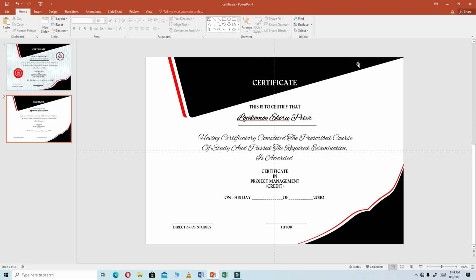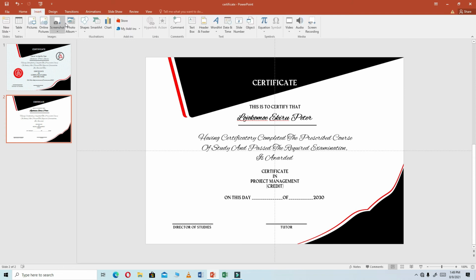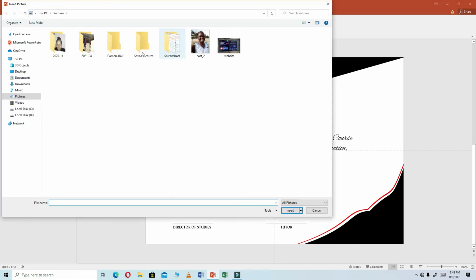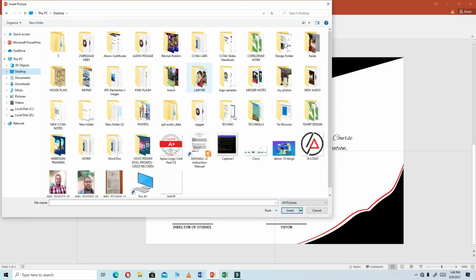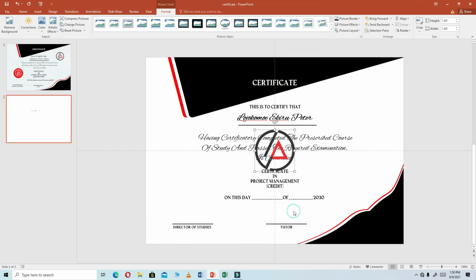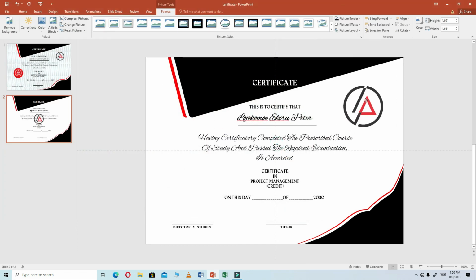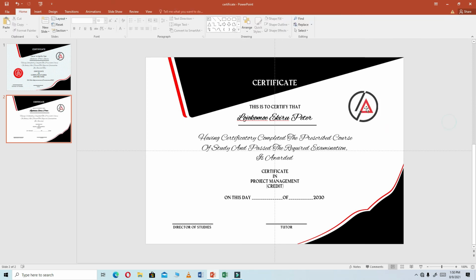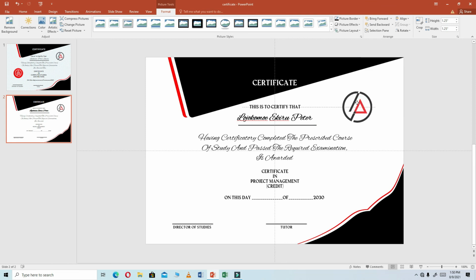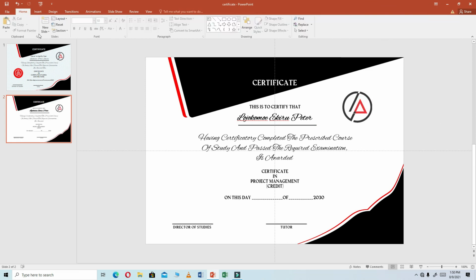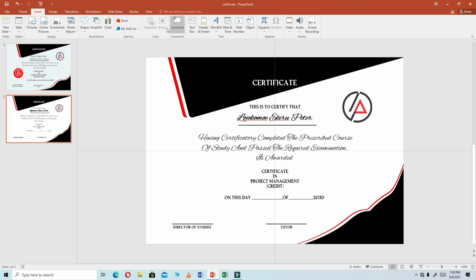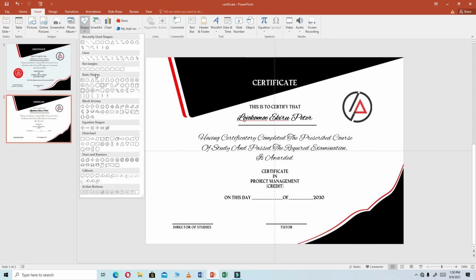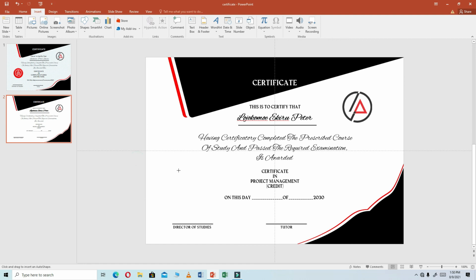Then after this one, now we need to bring our logo here, so we will insert, and then we come here to picture because I had already converted it, and then I'm going to select it, it is here, I insert it, then we will bring it here like so, and then we will reduce a bit. I think that way is okay, like this, and then again I'm going to insert, and then now we will come here to shapes. From the shapes I'm going to select this shape, and then I'll draw it here like this,